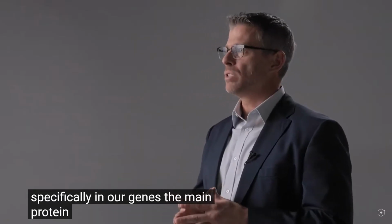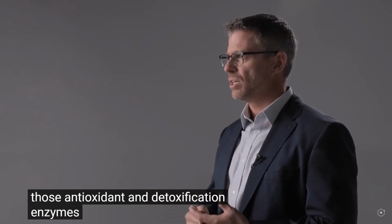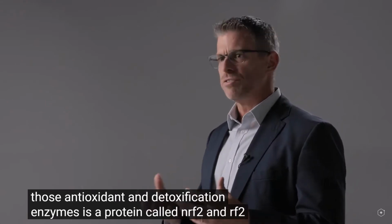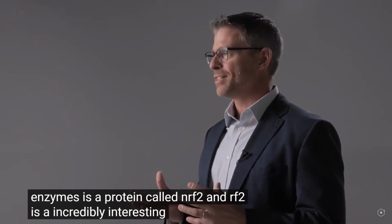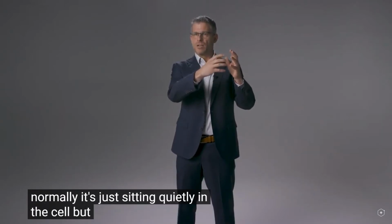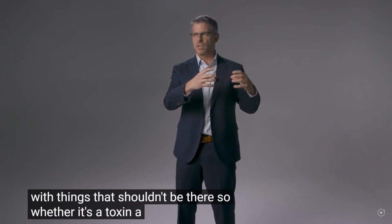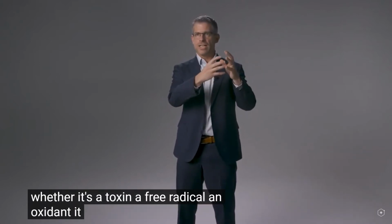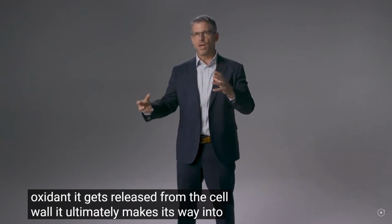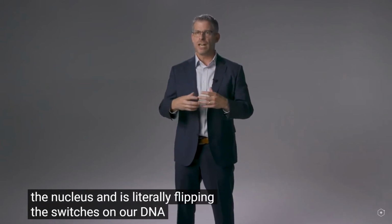The main protein that's responsible to turn on those antioxidant and detoxification enzymes is a protein called NRF2. NRF2 is an incredibly interesting protein. Normally it's just sitting quietly in the cell, but when it starts to interact with things that shouldn't be there, whether it's a toxin, a free radical, an oxidant, it gets released from the cell wall. It ultimately makes its way into the nucleus and is literally flipping the switches on our DNA to turn on